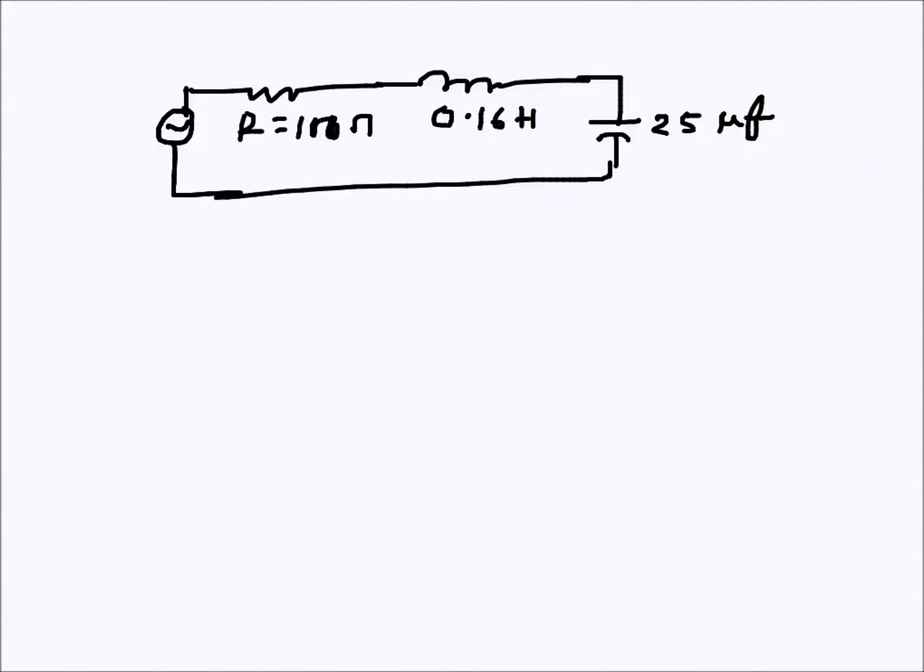The question says in this RLC series circuit, R is 100 ohms, L is 0.16 Henry and C is 25 microfarad. So for what angular frequency of the voltage wave the current will be maximum? So we don't have to find the maximum current, but for what angular frequency the current will be maximum we have to find. So in order to do that, let's see the current at any point is given by the